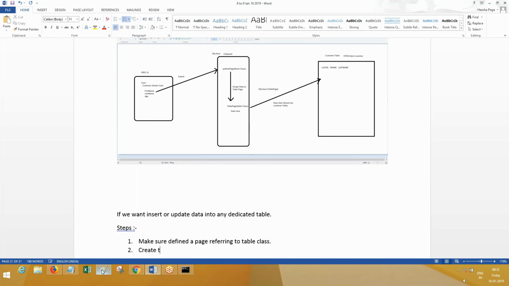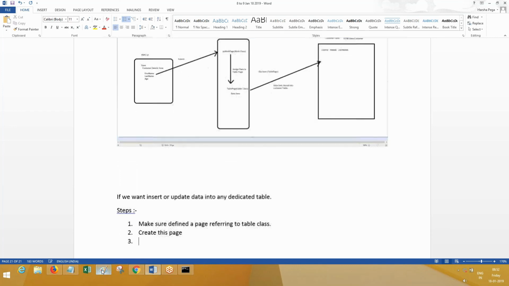Next, create this page by using the Page-New method. Next, get the data assigned onto this page, in the sense the table page. And next is Obj-Save of the table page.